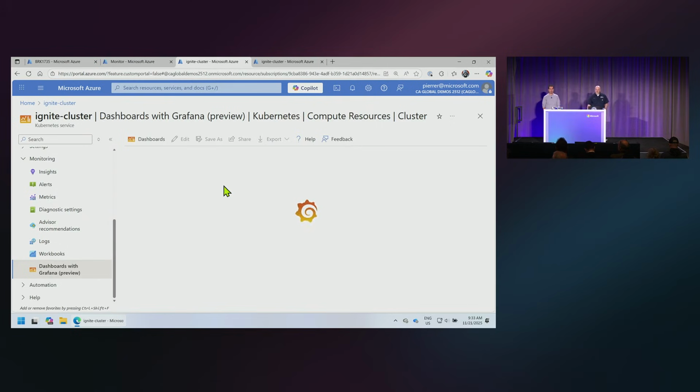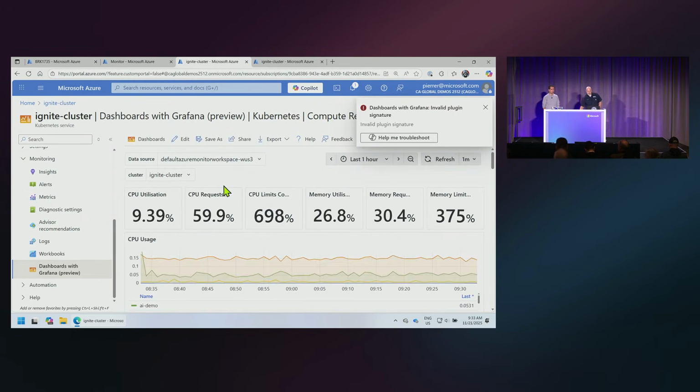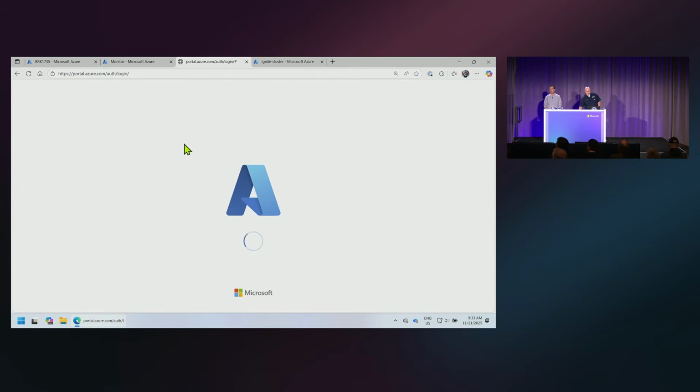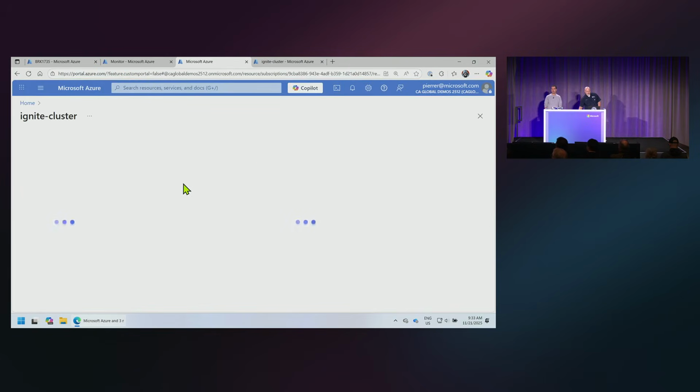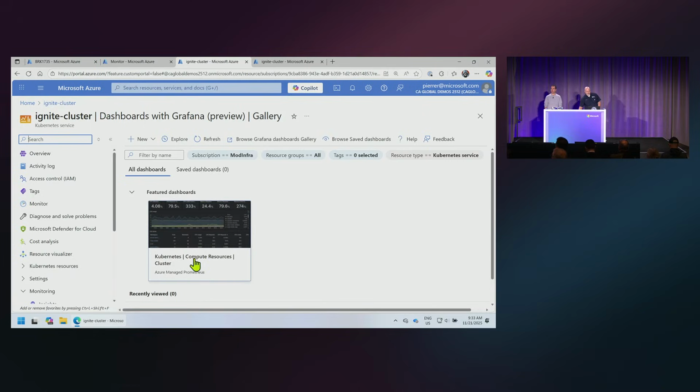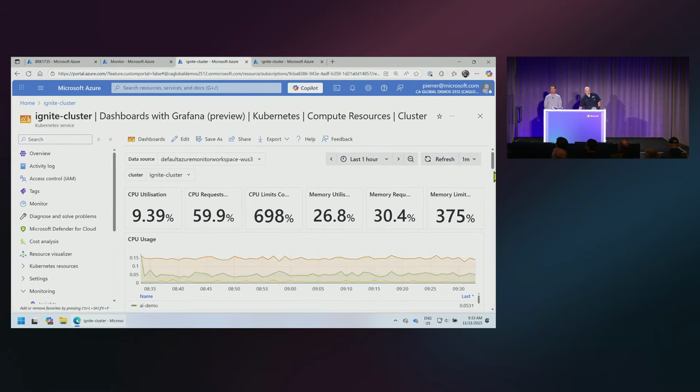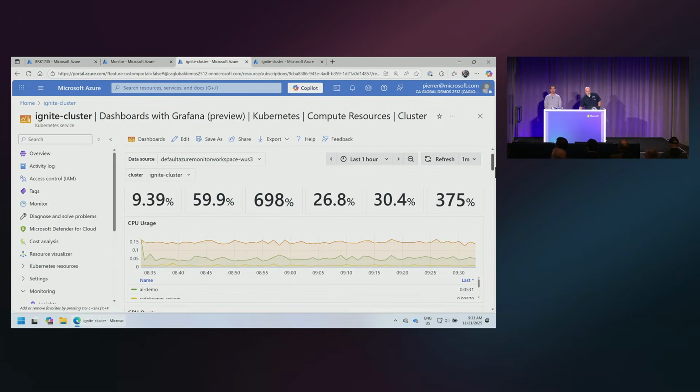Prometheus and Grafana are two open source solutions that are part of the cloud native ecosystem that I mentioned before. As a monitoring solution, you know that there's an infrastructure needed to actually run the monitor solution itself, right? So you have the servers, the database, and everything needed to run System Center. You have the same for any kind of monitoring solution. What Pierre is going to talk about here is the fact that if you don't want to manage the infrastructure needed for Prometheus and Grafana, we have those offered as a managed service as well.